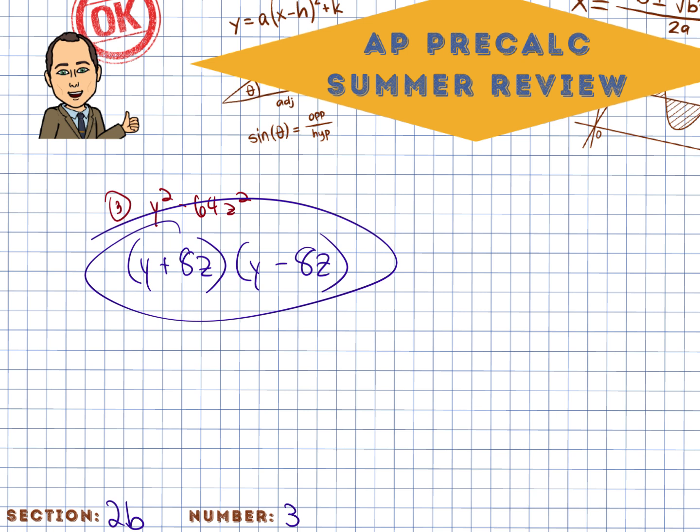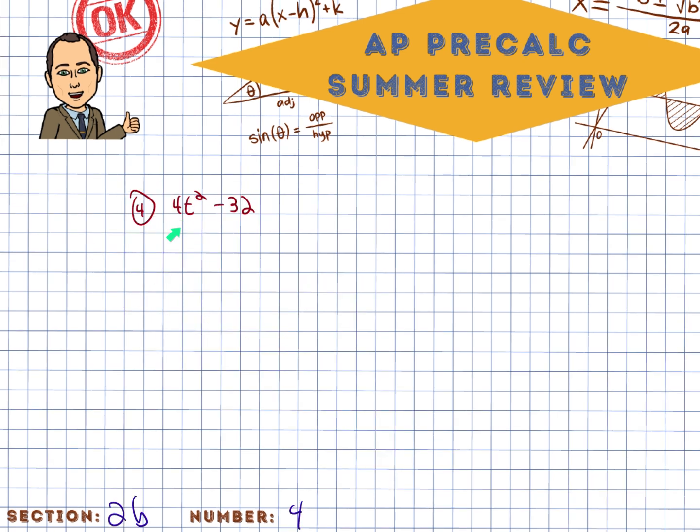Now all of a sudden we have a chance for a difference of 2 squares again. Unfortunately, this 32 is the only piece of the puzzle that doesn't make that work. But I do have a greatest common factor here of 4. So my first step would be to factor out